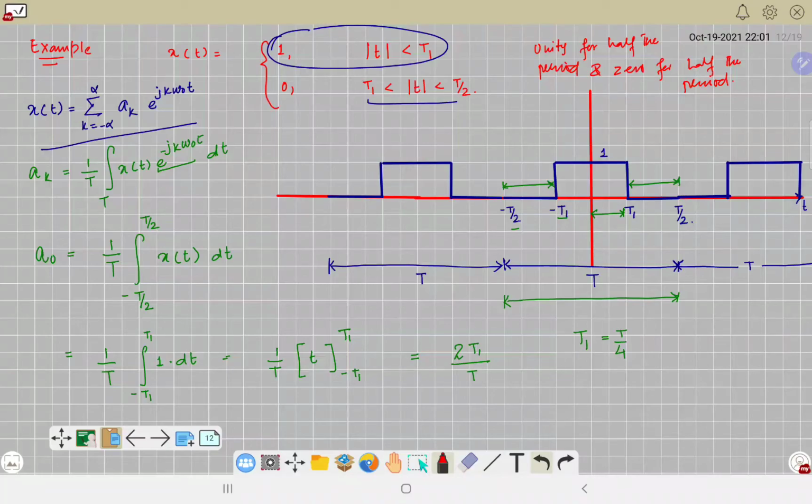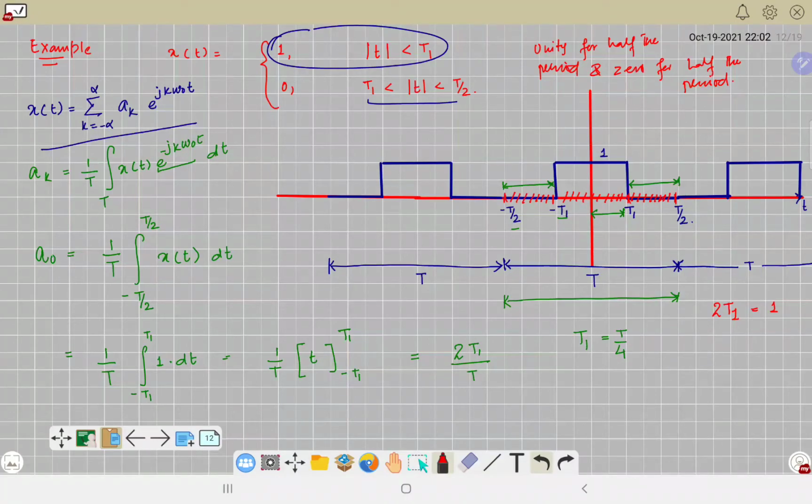अब अगर आप देखेंगे, from minus t1 to plus t1 it is having a value 1, ठीक है। So it's having a value of 1 for this particular, so minus t1 to t1 हो गया, 2t1 के लिए it is having a value of 1, fine. Then from here to here and here to here it's having a value of 0. What I am assuming here is that this plus this, जो ये टाइम पीरियड आ रहा है, it is actually equivalent to this time period, ठीक है।